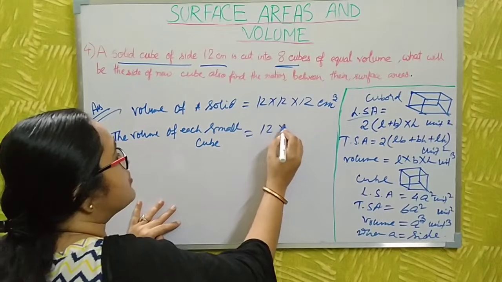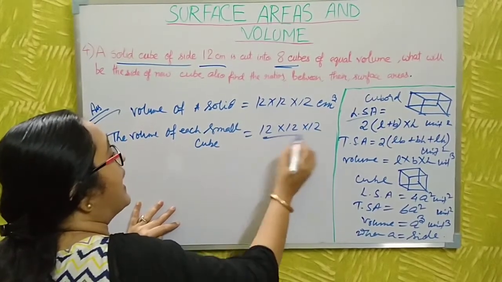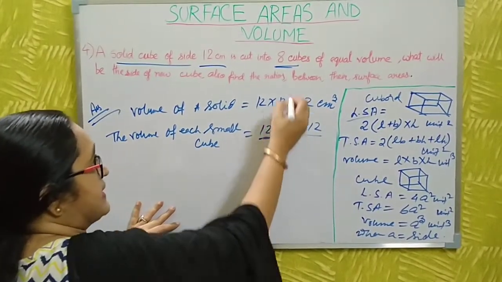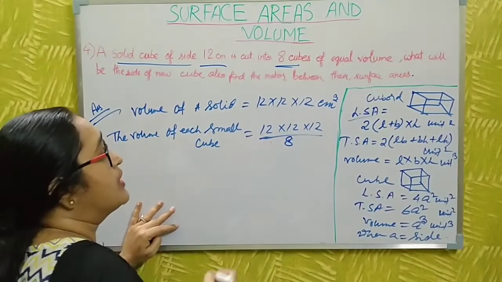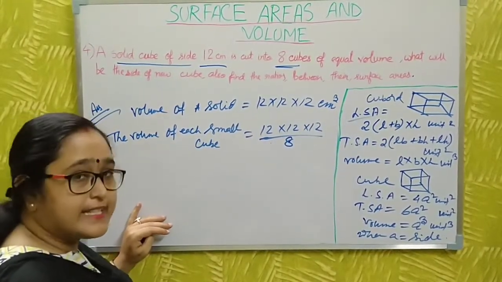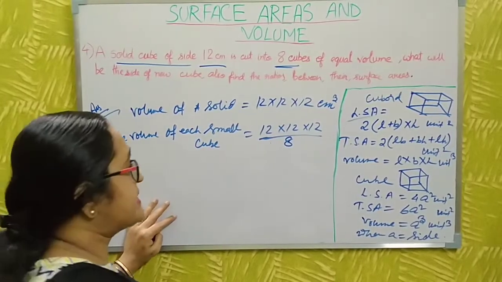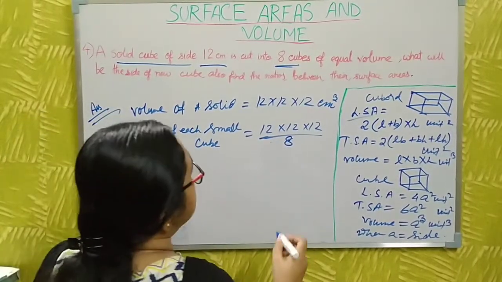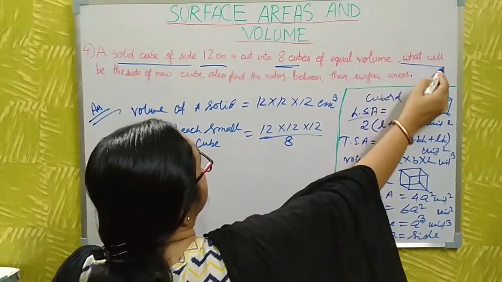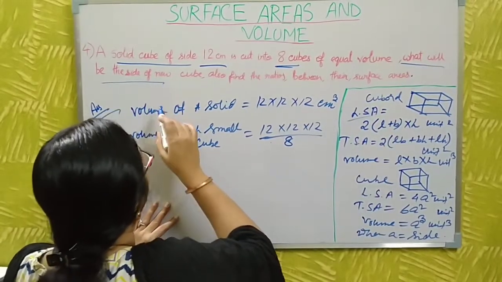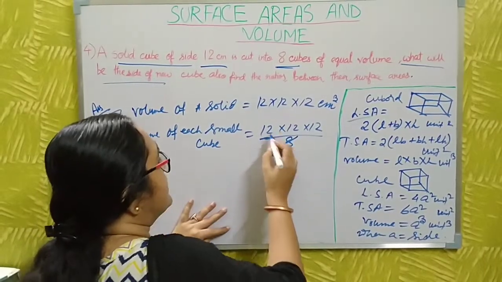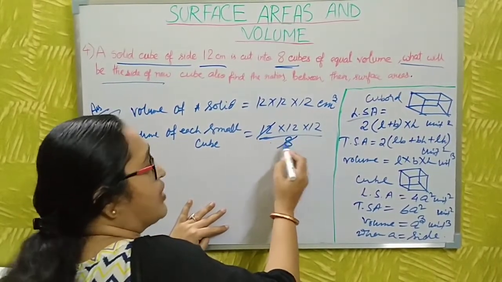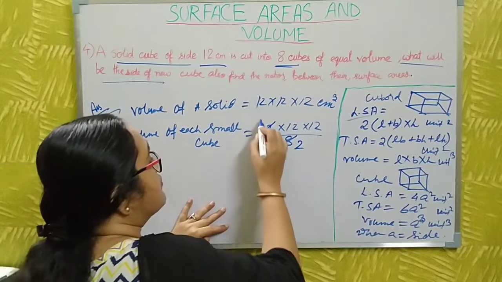This is 12 into 12 into 12, and you just cut it into 8 cubes. This is equal volume, and what will be the... then you just cut it into 8. 4 2s are 4, 3s are...